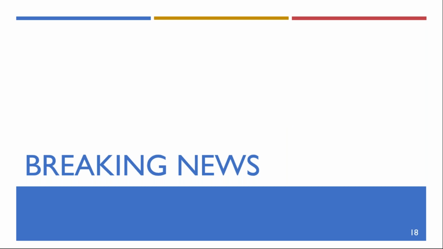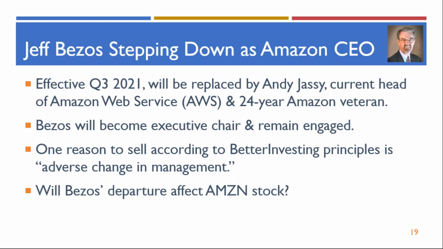Also interesting today, February 2nd, breaking news: Jeff Bezos has announced he's stepping down as the CEO of Amazon, effective in the third quarter of this year. His replacement will be Andy Jassy, who has been with Amazon for almost 24 years. He's the head of Amazon Web Services, known as AWS. That is their cloud-based server farm operation, which supports all sorts of individual and professional websites and web services, and it's really one of the key players in the whole cloud computing segment.